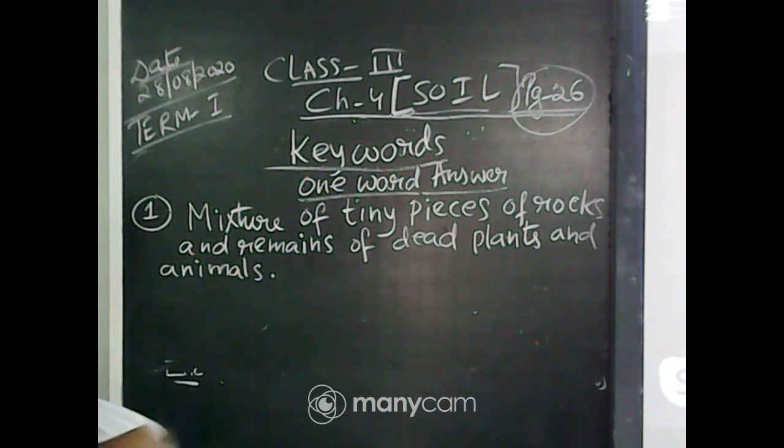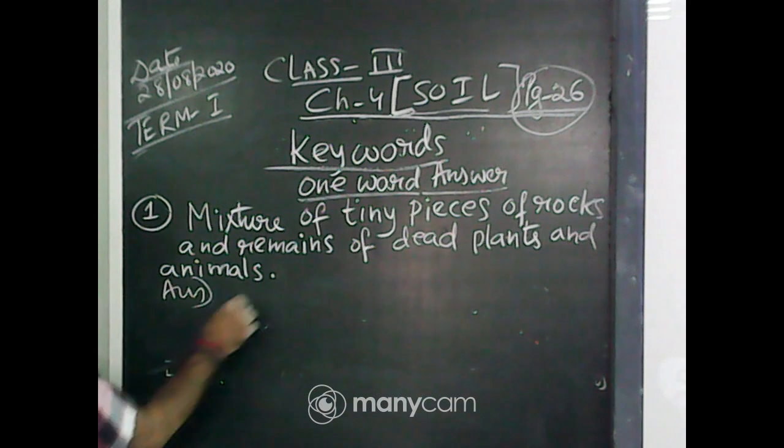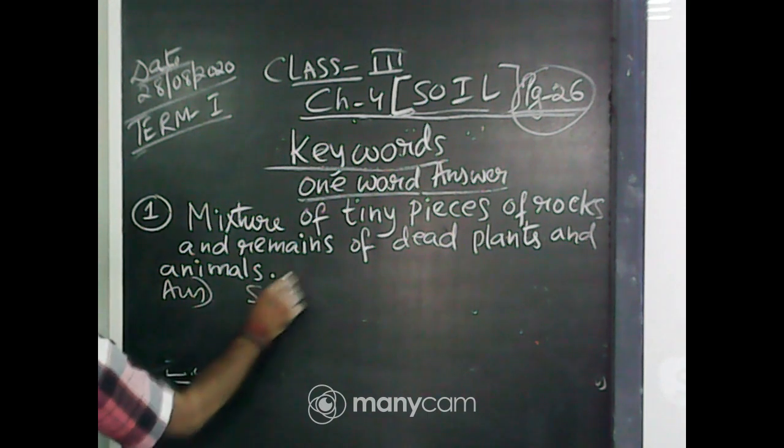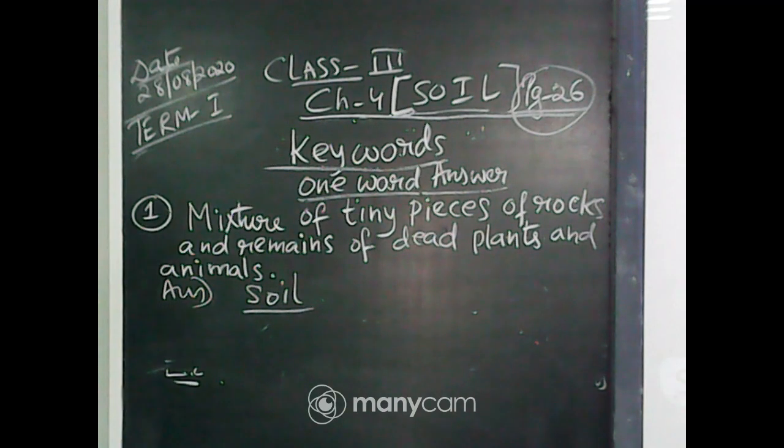So, what will be the answer? Mixture of tiny pieces of rocks and remains of dead plants and animals. So, you will write this answer as, what is the answer? It is, yes, it is soil. Your answer is soil. So, you will write in this way, statement will be given and you will write answer soil. Then number 2,